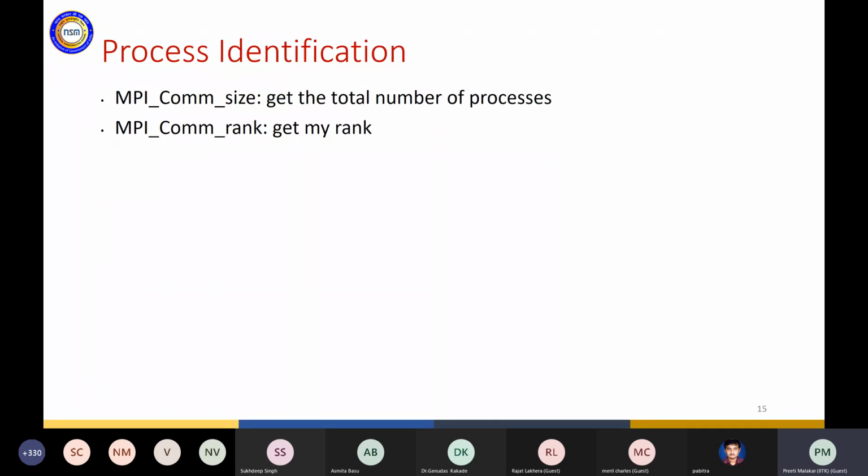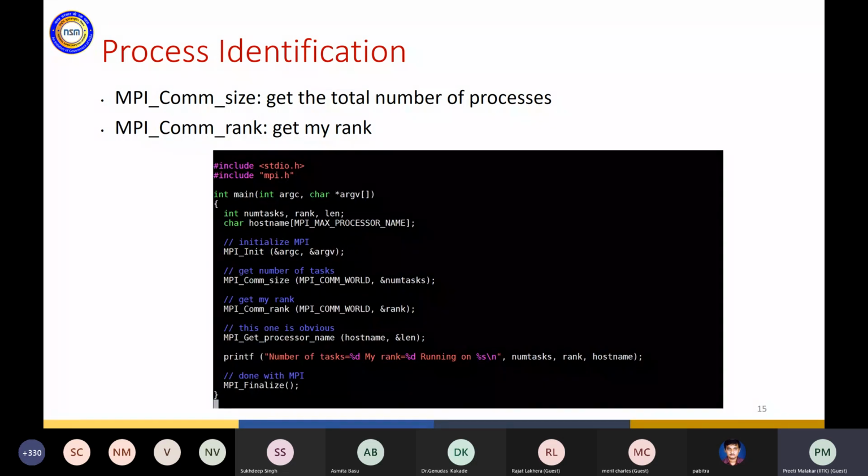So, another few basic things. This is necessary for all kinds of MPI programs that you may write. There are 2 functions which help you get the total number of processes. When I run, I do specify, but if the programmer wants to know how many processes this particular code is running on, and you can run on any number of cores, it's a runtime decision. So for that you have to query using this function,